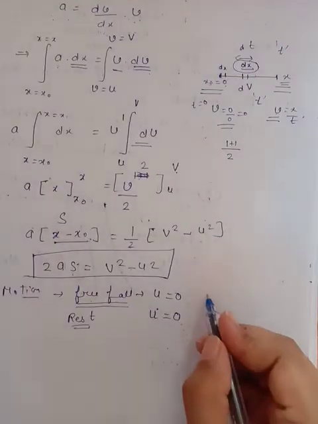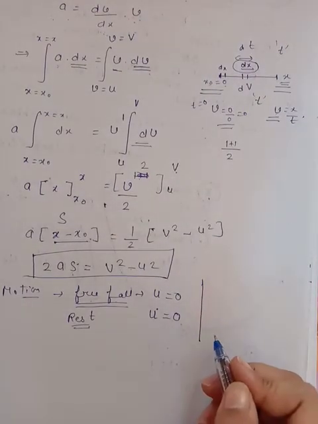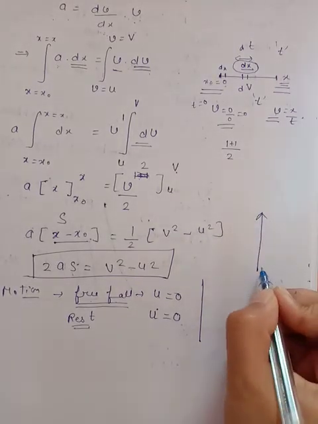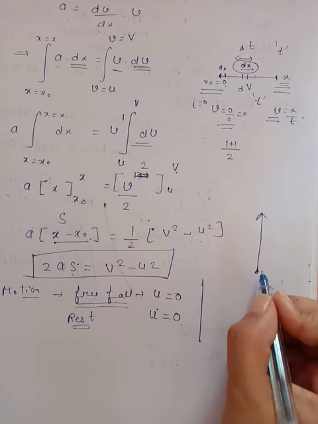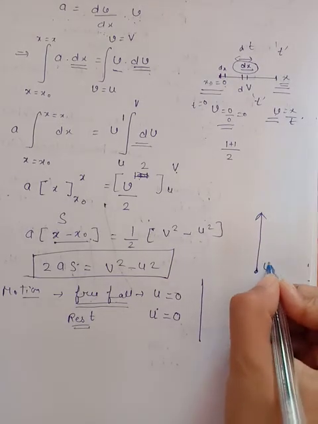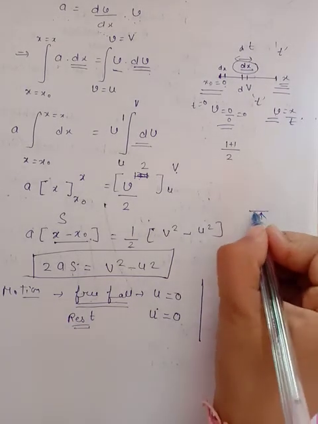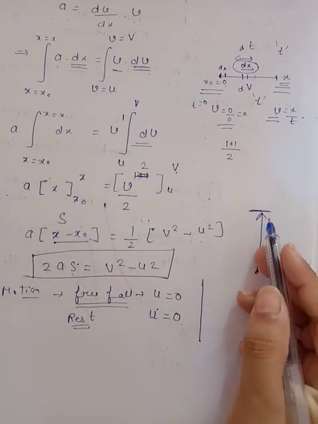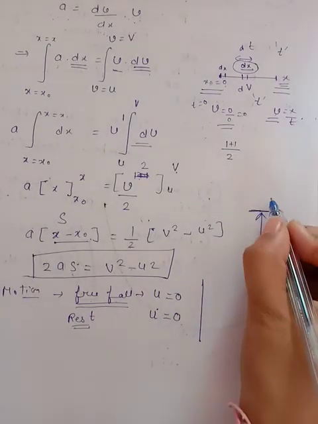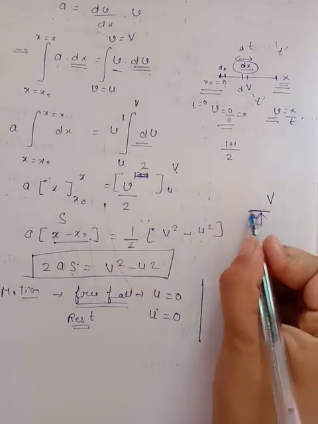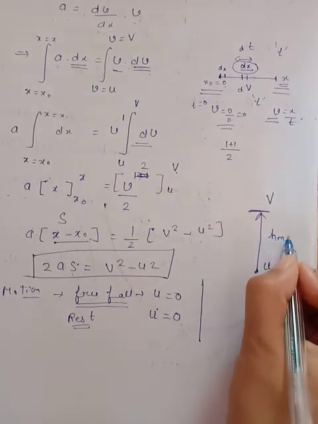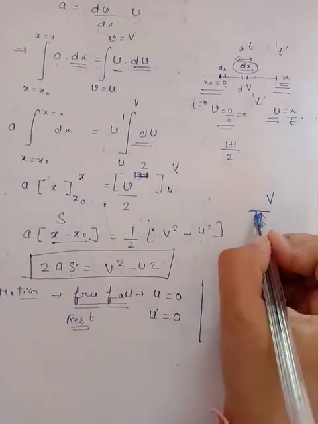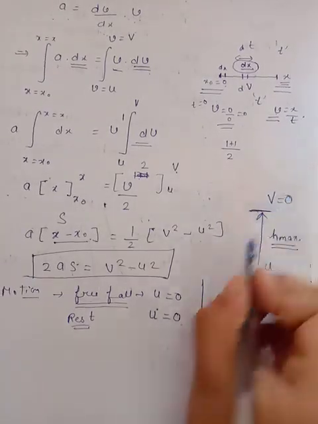There is also another point, in which the object is moving upward with a certain velocity. That means you have given some velocity to the object and it moves upward. As we know, there is the effect of gravity, due to which the object finally comes to rest when it attains the maximum height. That means its final velocity is 0.